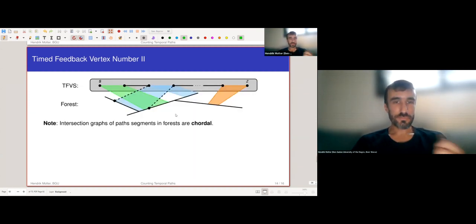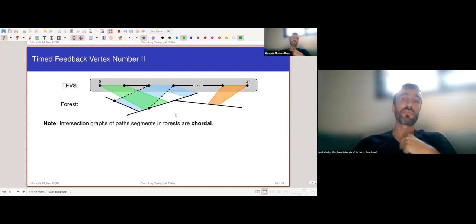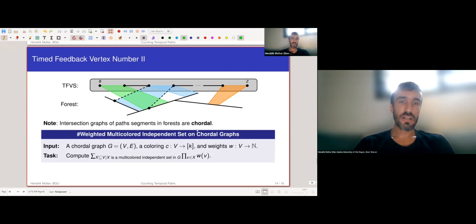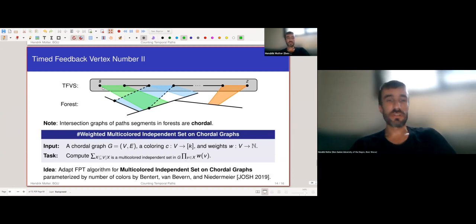So in short, what subproblem do I have to solve? I have to find non-intersecting path segments in this graph, and if I consider the conflict graph, if you want, of these path segments, then that's going to be a chordal graph. And I want to find weighted multicolored independent sets where the vertex weight is the number of paths, the weight of the independent set is the product of the vertex weights, and the colors correspond to the gaps that they close. And one other technical result that we showed is that this problem is also FPT with respect to the